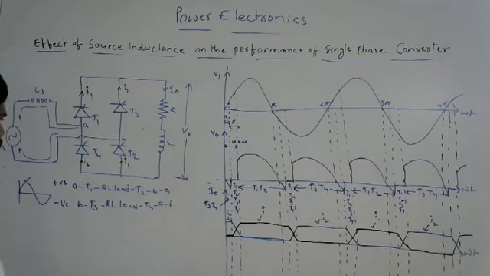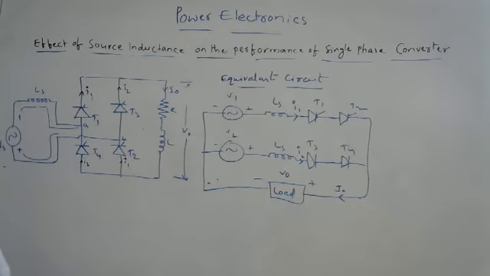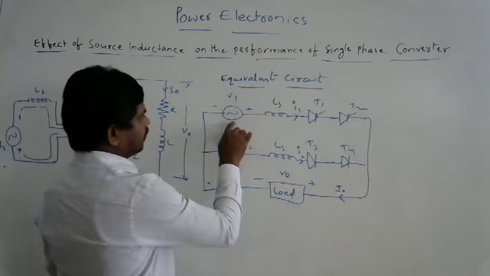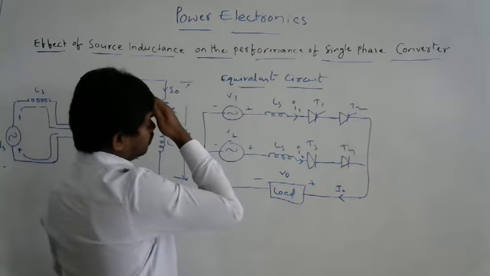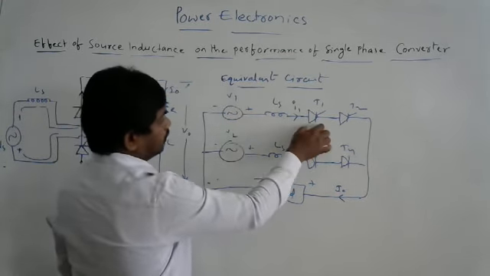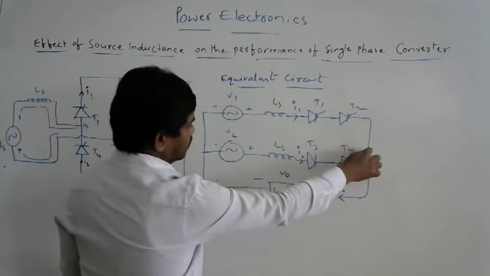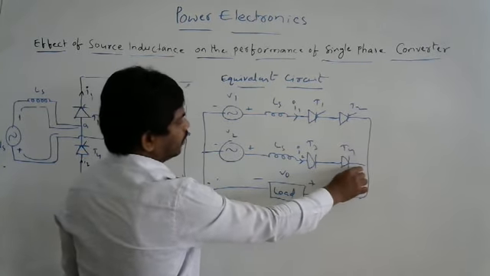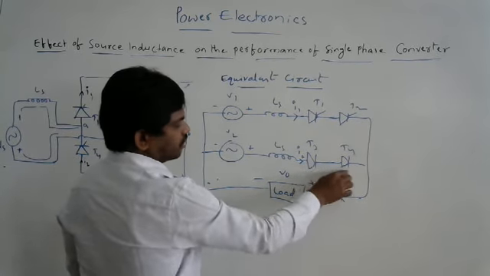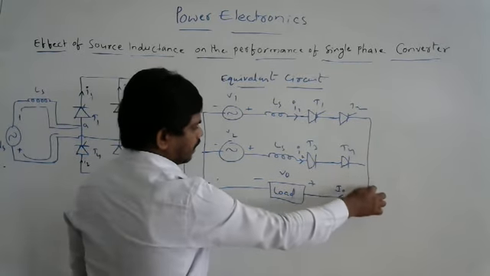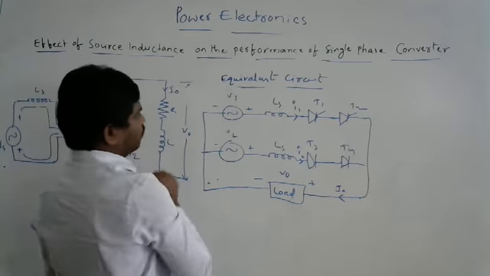So we have one derivation and one equivalent circuit for this. This is the equivalent circuit for the overlap angle mu. This is for the positive half cycle. V1 is the positive half cycle voltage, and during the positive half cycle T1, T2 conduct, and the current comes like this. If the current is entering this node, these seem to be reverse biased, and the entire current comes like this.